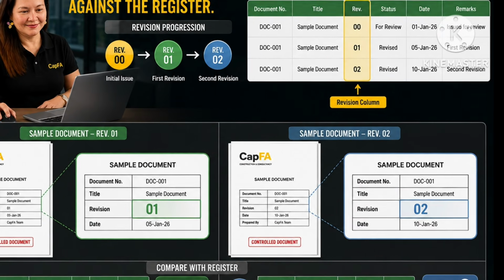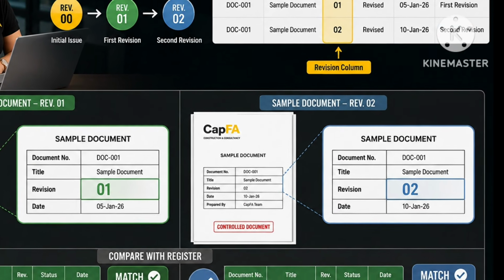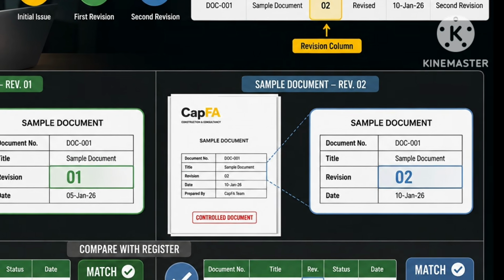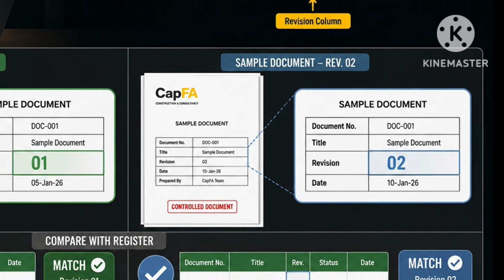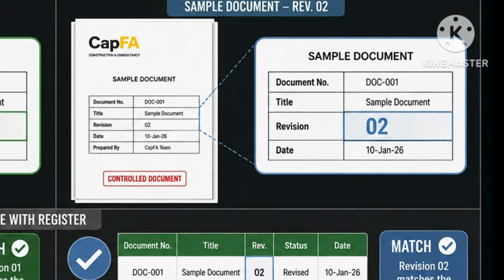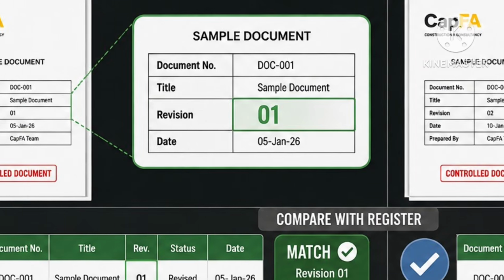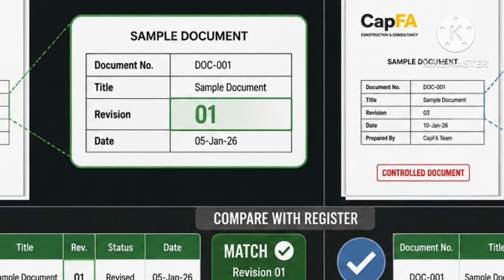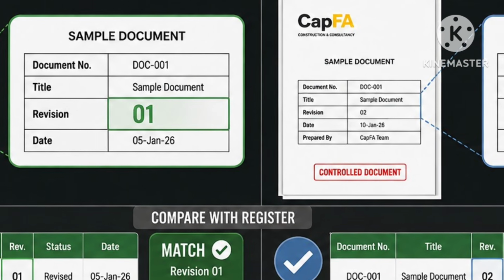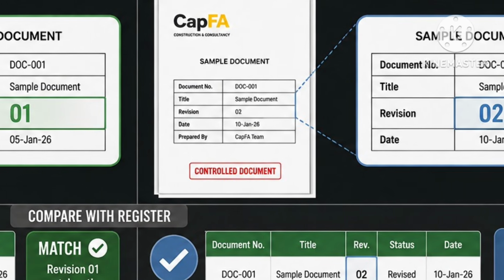Before making the update, we first verify the document number and the information received. Then, we update the applicable field according to the project's document control process. Never update information based only on assumption. Check the actual documents or formal communication received before making the changes.